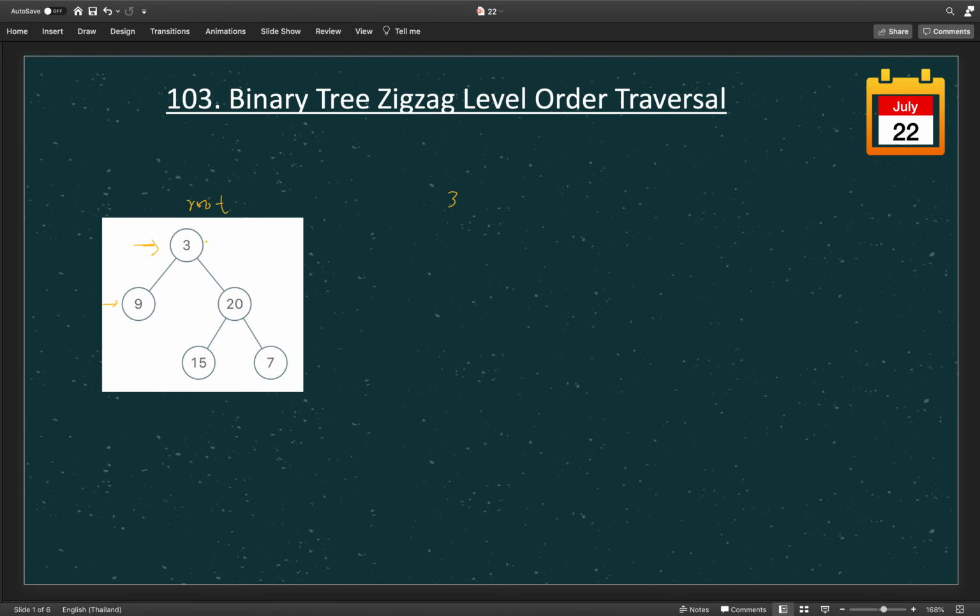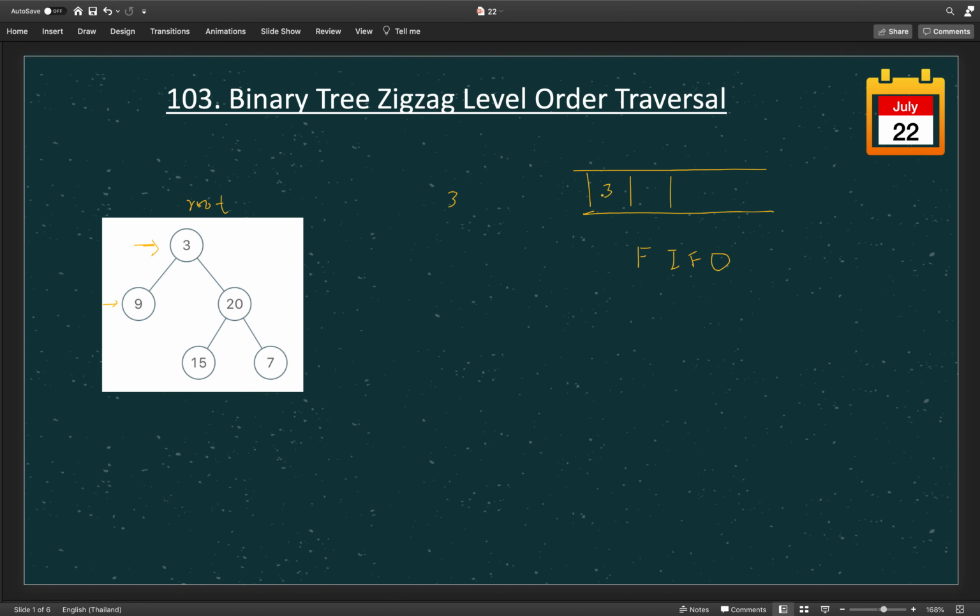When we are processing the root node 3, we need to do something for its children, the left node and the right node, and we need to insert them in the same order in some data structure. The data structure, as you already guessed, is a queue. A queue follows the first in first out property. So when we are processing, we will add 3 to our queue first.